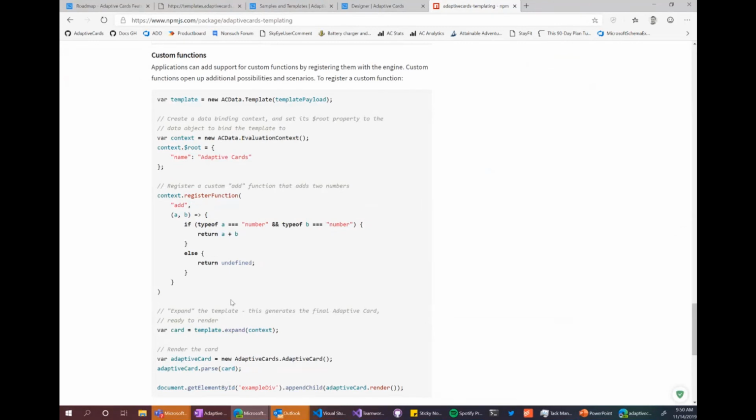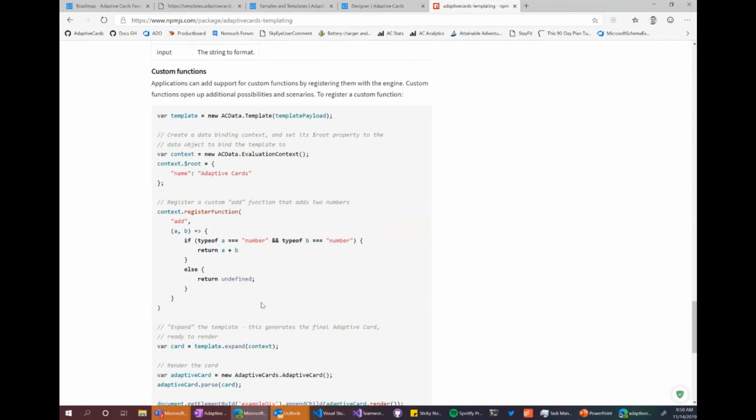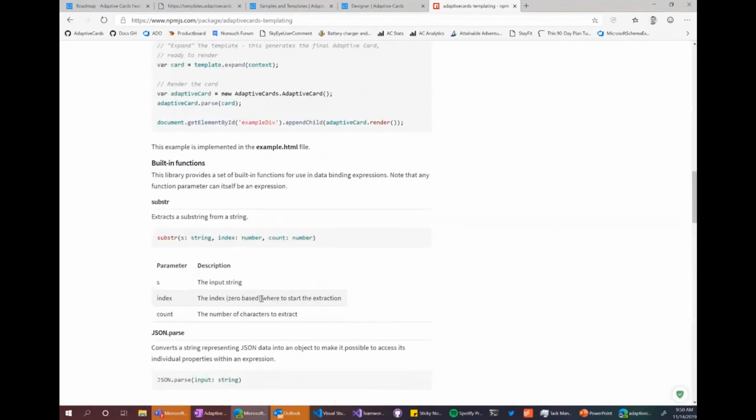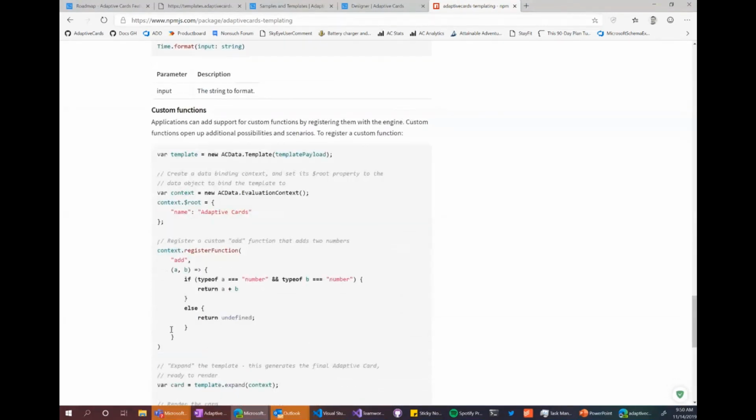In .NET, that's not available yet. We're working on it right now. I'm hopeful that in the next couple of weeks, we'll release an update to .NET that has the same functionality to register custom functions. And hopefully that'll be what you need to do what you need today. That's assuming that you're binding the card in your own backend and then sending an adaptive card. I would love to hear from you, though, what types of functions you need, because we are trying to figure out what we need to have in our base set of functions.